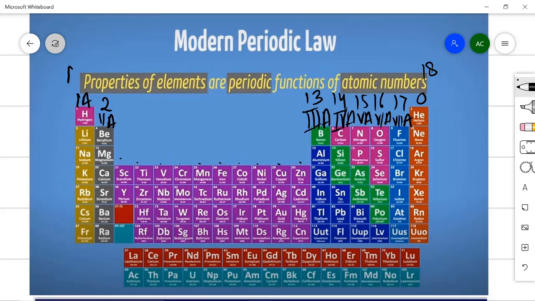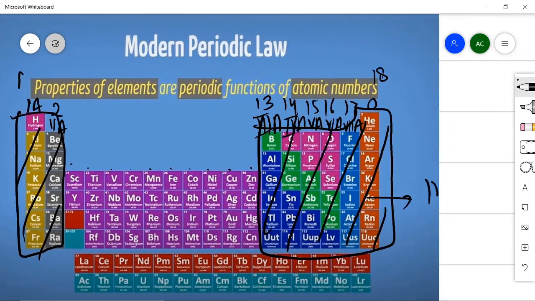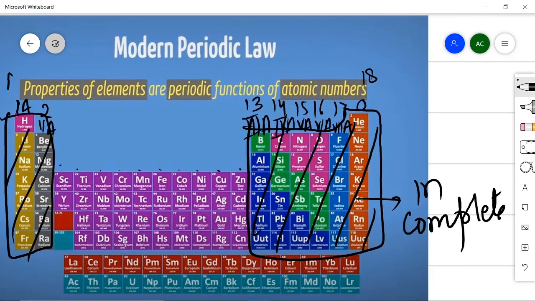or they are known as representative elements. So what are representative elements? Again I am drawing and showing you. So this comes in representative and this comes in representative. So this portion which I have cut here is the representative group, which is known as representative elements, or they are also known as normal elements. And why are they known as normal? Because these elements have their outermost shell incomplete. That is why they are known as representative elements or main group elements.